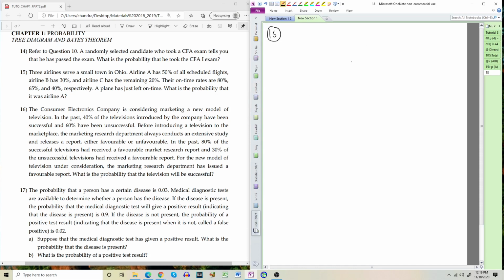Question 16. So the company is considering a new model of television. In the past, 40% of the televisions produced by the company have been successful and 60% have been unsuccessful. Success rate is 0.4, unsuccess rate is 0.6. Before introducing the television to the marketplace,